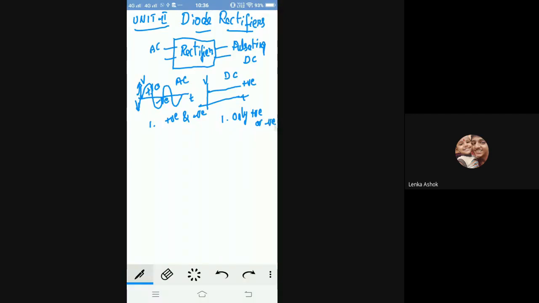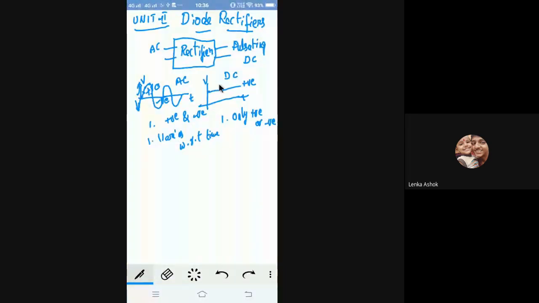Okay, so what is another difference? AC signal varies with respect to time. It is a time axis. So for our AC signal, at each and every time point, see here, at this time point it is having some value. At this time point it is having another value. At this time point it is having another value. So AC signal varies with respect to time.